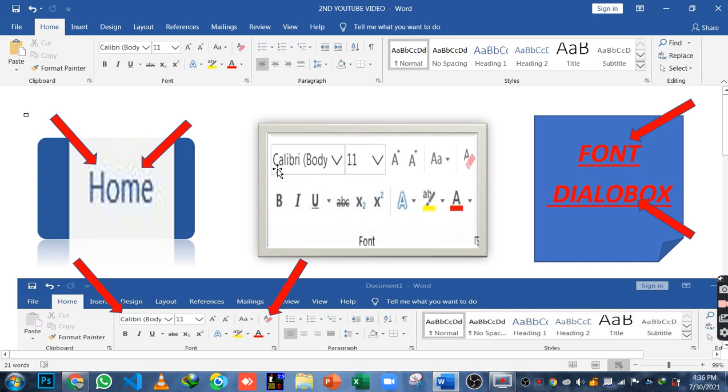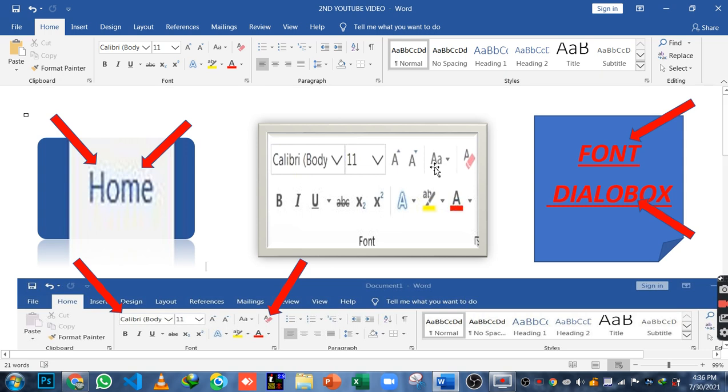And as you can see, there are different options in the font dialog box, such as bold, italic, underline. You can also change the styles of writing, and you can increase and decrease the size of your text, and you can also change the case of your text.